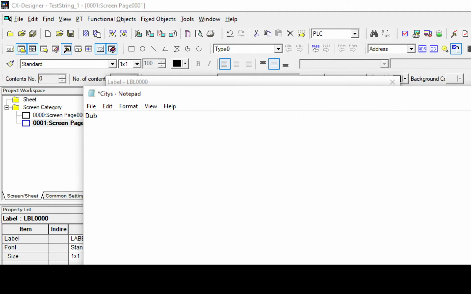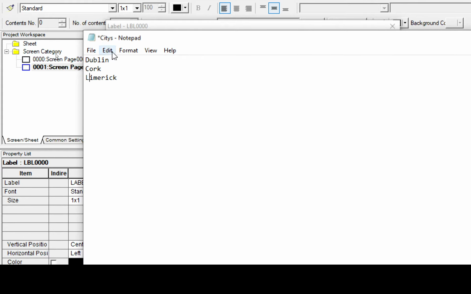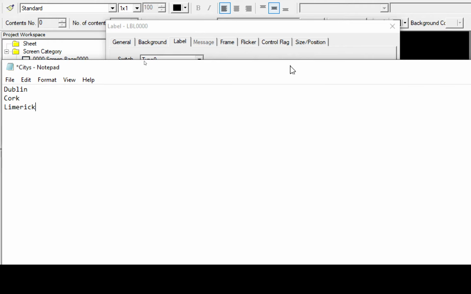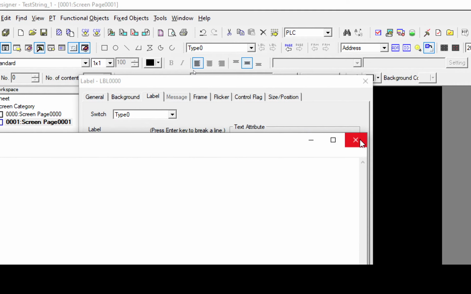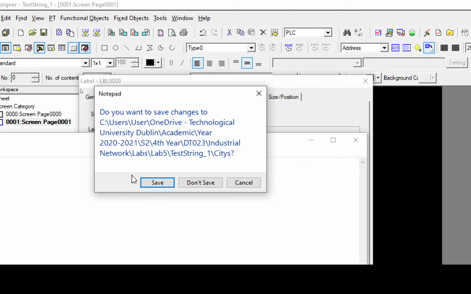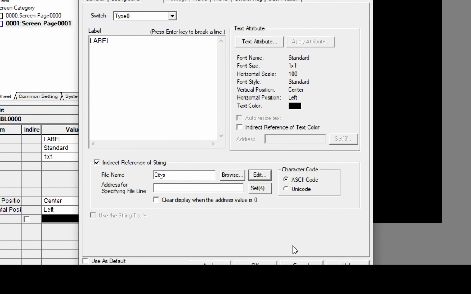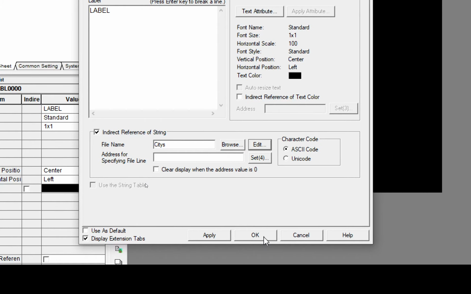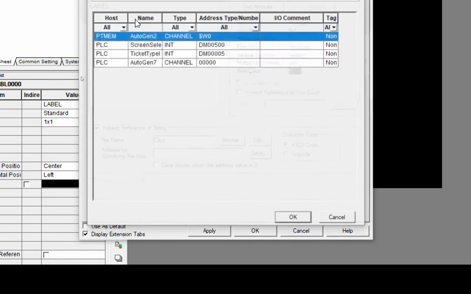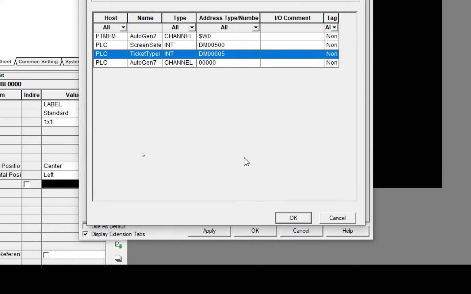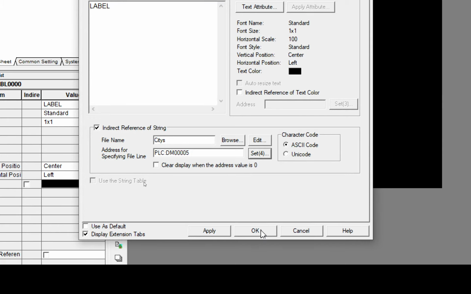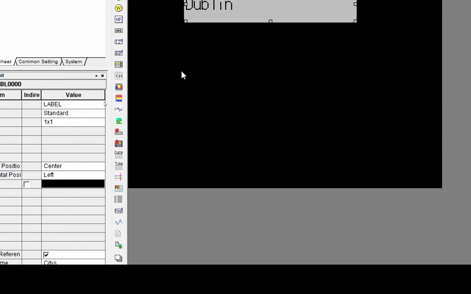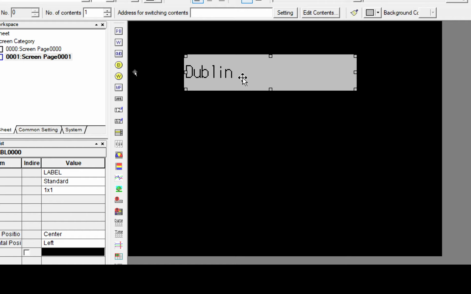Dublin. So this is number 1 on my list, number 2, and number 3. So if it's set to 1, set to 2, set to 3. And I'm going to click OK. And do I want to save it? Yes. And now that's set. I need to put in an address. And again, I'm going to link this one to ticket type ID. And I'm going to press OK. So there you go. That's going to change my